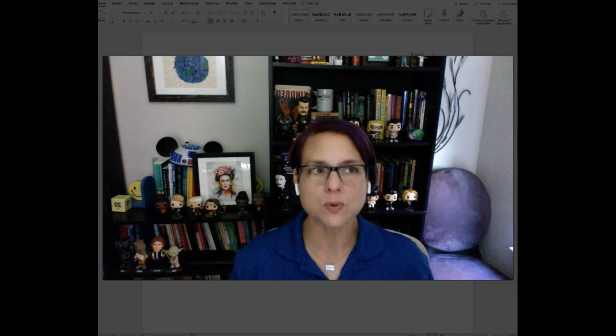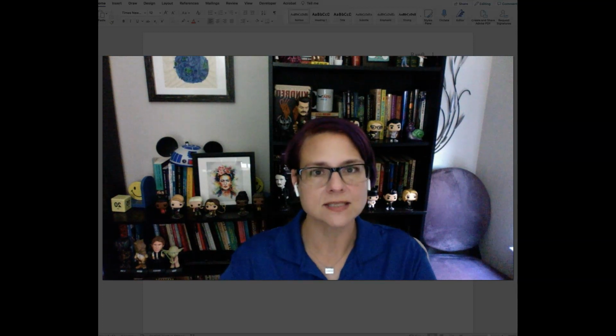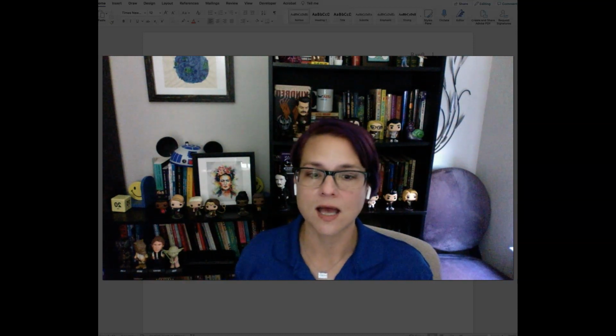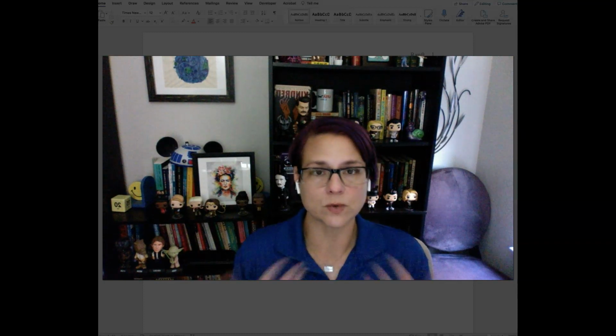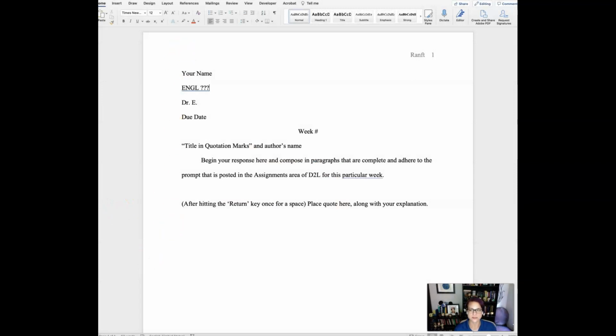And that's really important because I want us to not only practice MLA formatting, but I also want to practice the explanation, the context, all those things we need when it comes to writing and research that you will use in most academic writing. And it also helps me kind of understand what you're finding important and useful. Okay. So that's the template. Go ahead and use it.